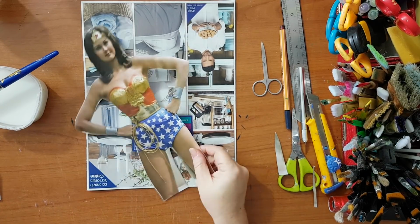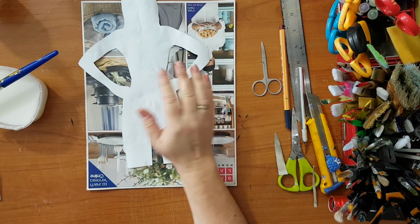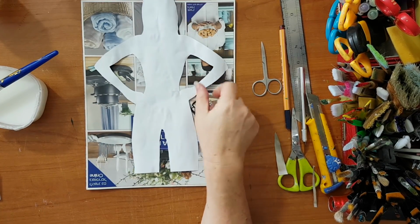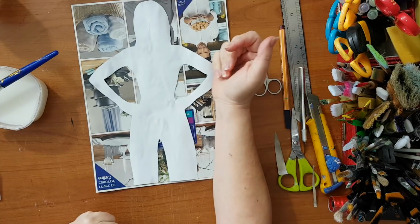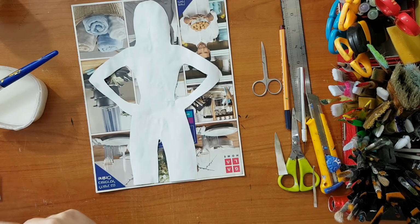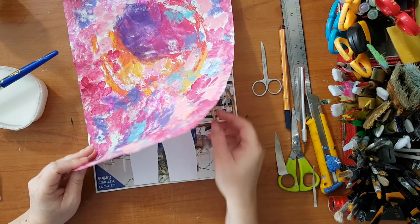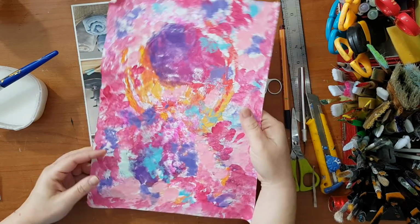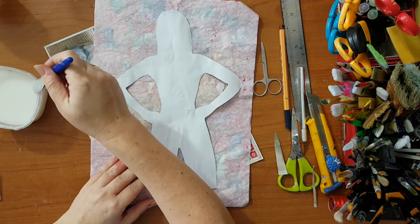I'm back. So here is my silhouette. I flipped it over and decided that I want her to wear trousers. So I've cut here, and I really like the pose, the attitude that it has. And now, as I said, instead of doing it black and having a real black silhouette, I'm going to reverse the thing, and I'm going to use one of my Painty Papers with white paint to do my silhouette. So as you can see, lot of colors here,